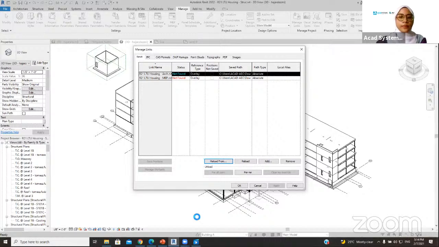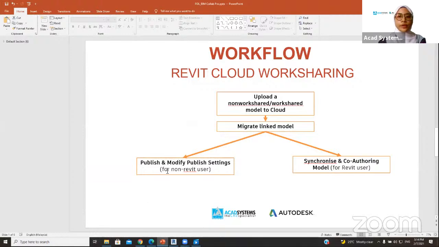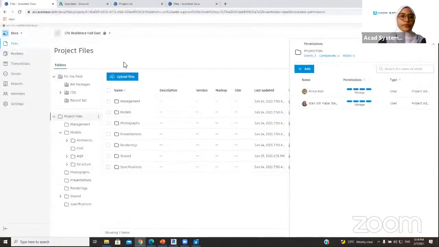Okay, now let me show how you look at and modify the publish settings first on the cloud. If I go back to my project on the cloud here, and open my design collaboration,